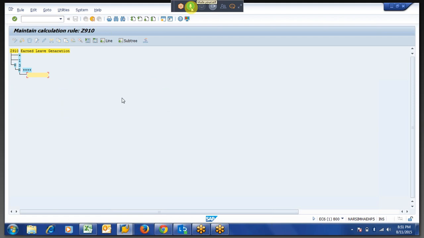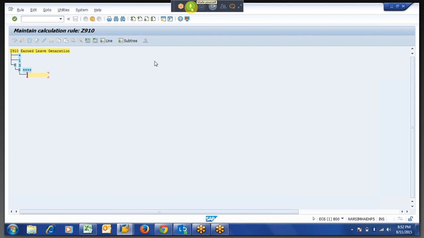Okay, then you will get an actual space to enter some logic. From here our logic will start. There are n number of operations given by SAP for time evaluation, so we should be familiar with many of them.